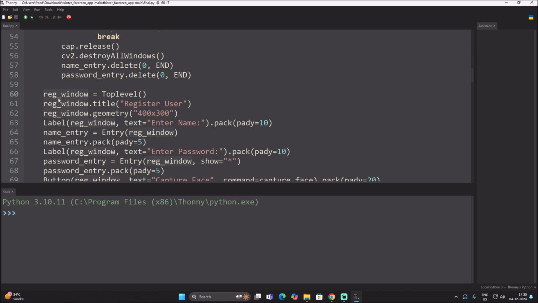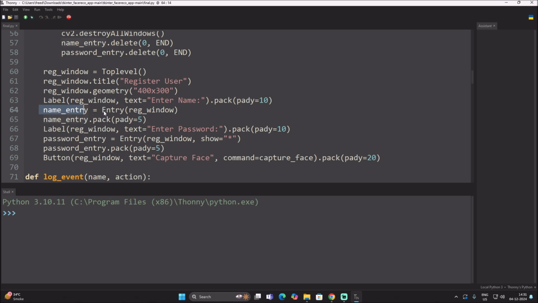So reg_window, register window, is equal to Toplevel, then register_window.title. This is my window title, the app title. Then register_window.geometry, 400 width, 300 height. Then the label, this is how we mention the label for Tkinter. So label is equal to Label(register_window, text='Enter name').pack with pady equal to 10. Simple. Then name_entry is equal to Entry, and we mention our register window variable,